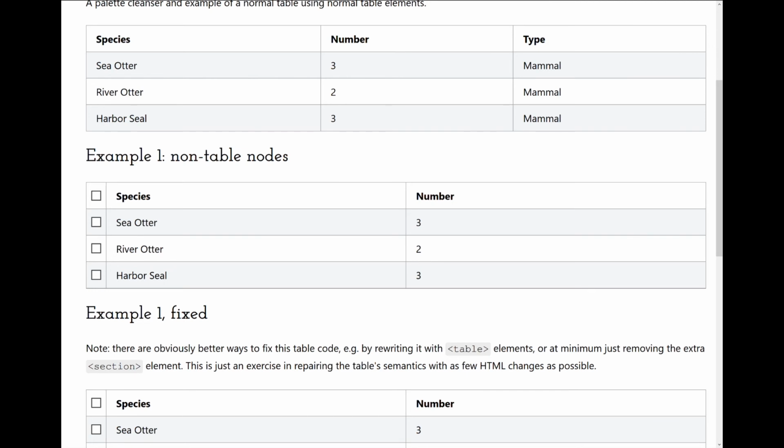I can go there again by force using caret navigation. Cell sea otter. And it thinks it's a table cell, but if I try to use Control, Alt, and arrow keys, not in a table cell. It no longer thinks it's in a table cell, and that's because of this extra section element. So yeah, that's how NVDA is now failing to present this as a real table.